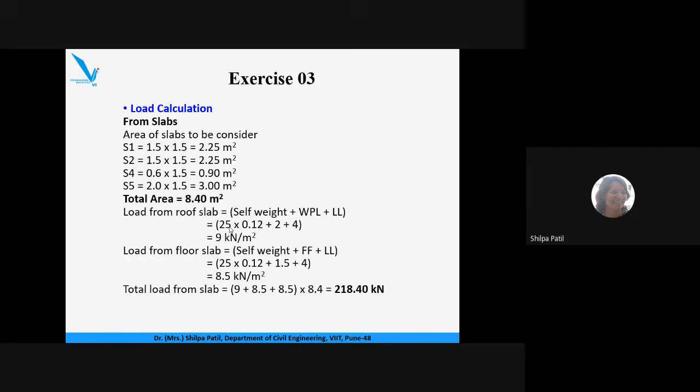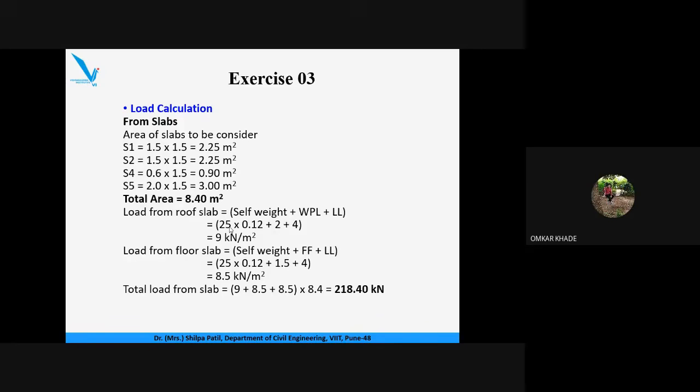Dimension we normally consider 1 meter. So 1 meter width multiplied by thickness of a tile multiplied by unit weight, that will give me the floor finish load. So either you calculate floor finish load in this fashion, or you can assume directly the value as 1 kilonewton per meter square.